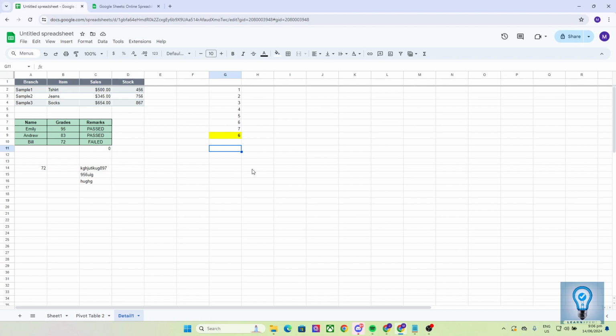Now, in order for us to use the min and max function, let us first use the min function. To use it, press equals on your keyboard. I always say this in my tutorials, press equals so that the software will determine that we are trying to use a command or function, and then type min. You can either type it in small caps or capital letters, it really does not matter, and then an opening